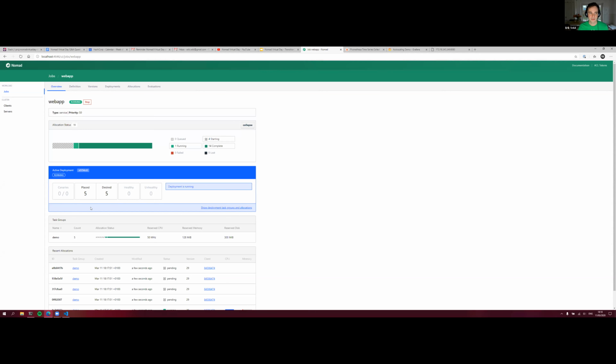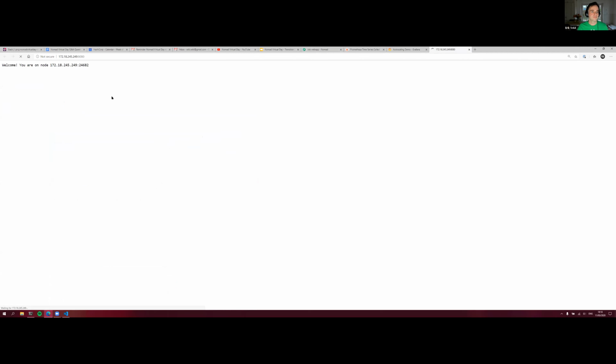So as we can see, we've now scaled to 5. And if I move zoom out of the way, we can actually see that we are being load balanced over our different instances of our application to handle that load.